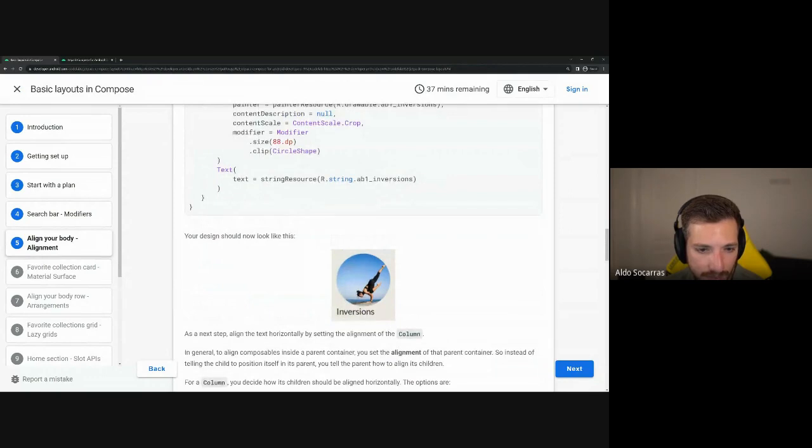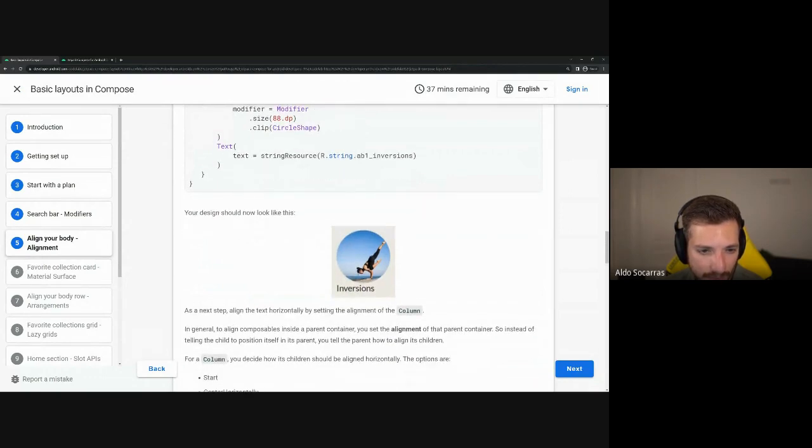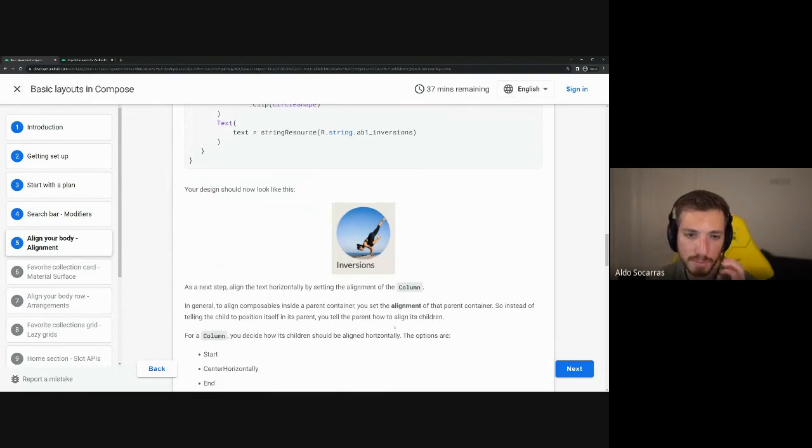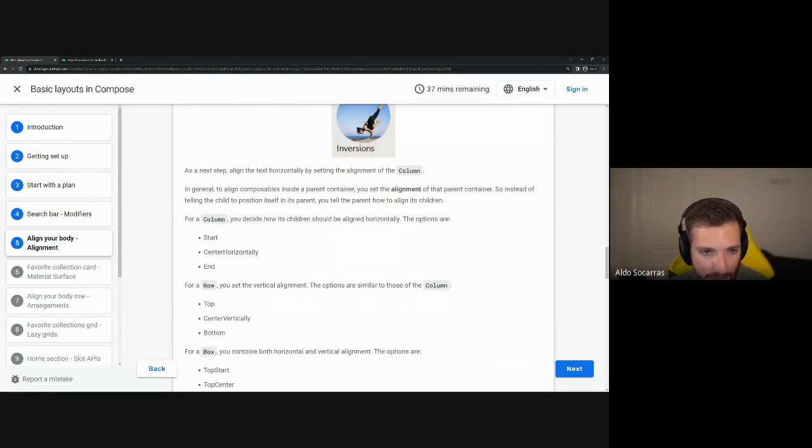By setting the alignment of the column. In general, to align composables inside a parent container, you set the alignment of the parent container. So instead of telling the child the position itself, you tell the parent how to align its children. So it starts at the column, essentially. For a column, you decide how its children should be aligned horizontally, right? Makes sense. So start, center horizontally, and